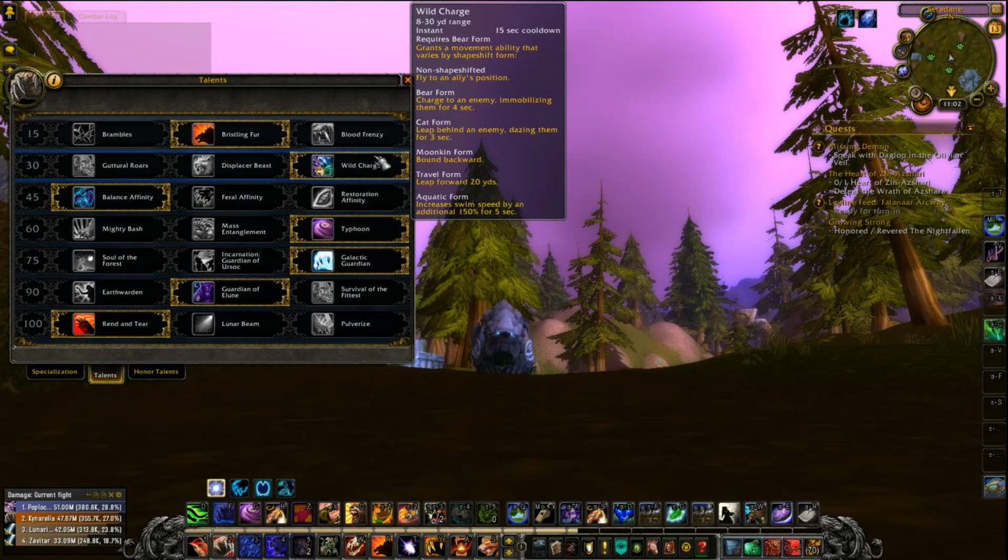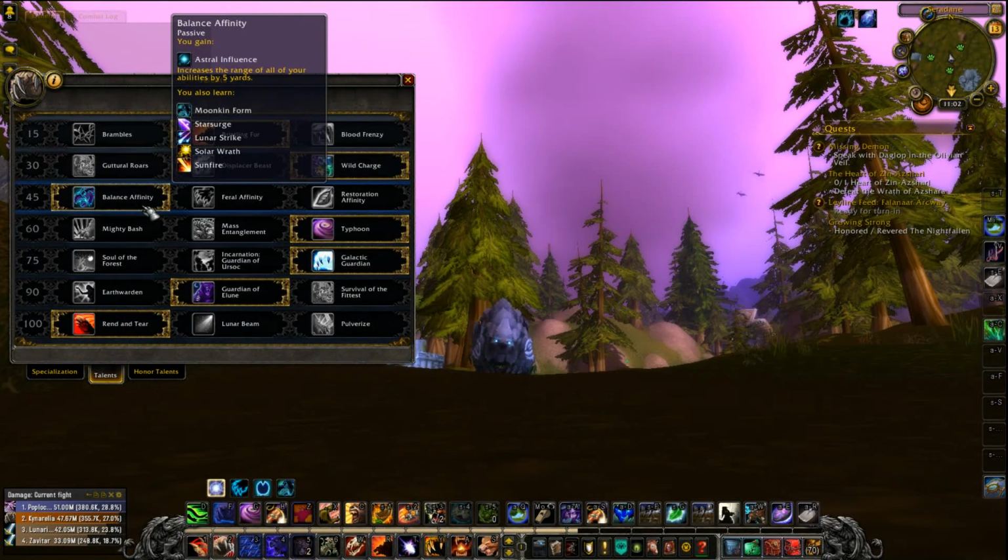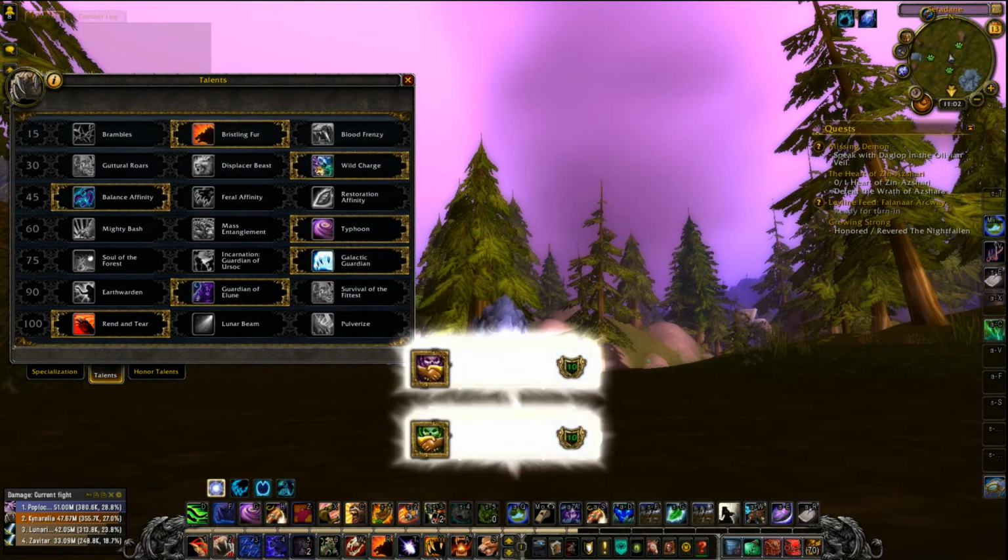Wild Charge is a quality of life increase. That's what I like. Then we've got our affinity talents at level 45. So I take Balance Affinity, a huge quality of life change, increasing the range of all my abilities by 5 yards. So I can use my thrash and swipe from